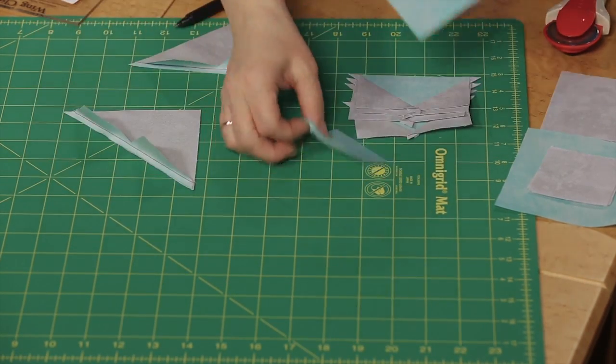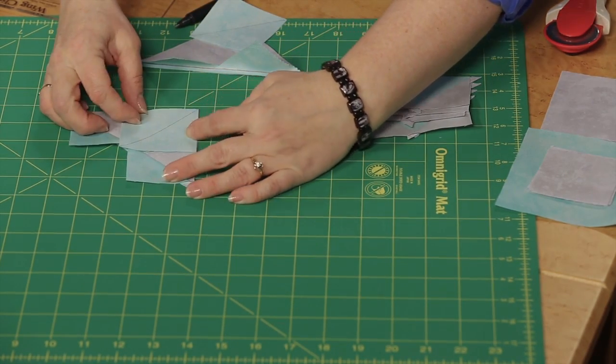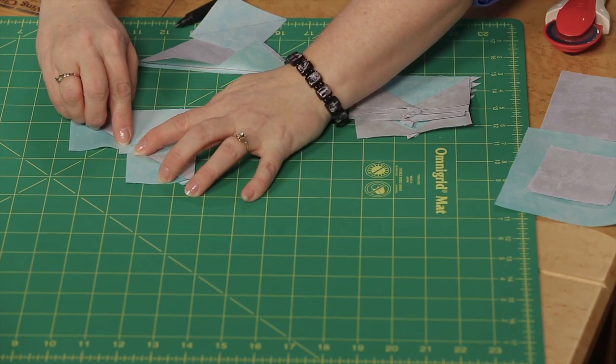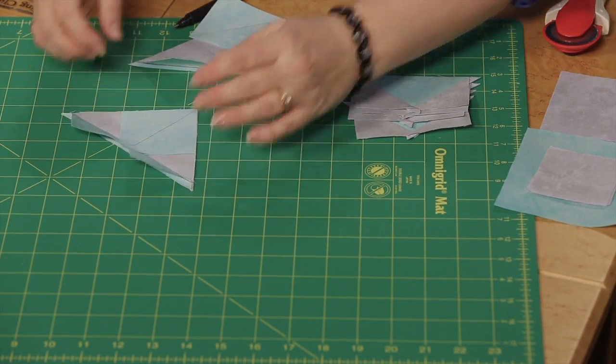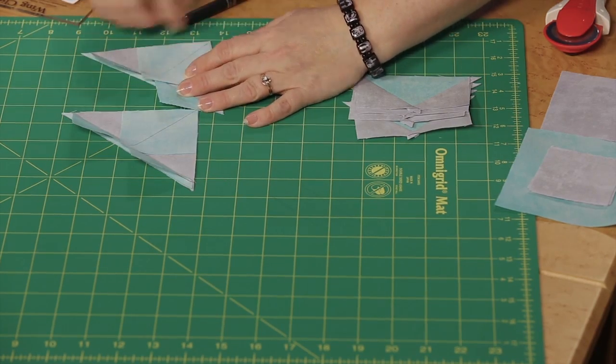Then you're going to use square number 3 and 4 and do the same process. You're going to slide it into the corner like this, and you're going to stitch 1/4 inch to each side of those on both pieces. Once you've done that,